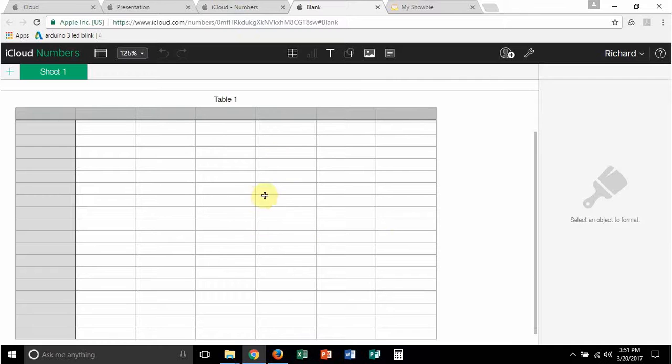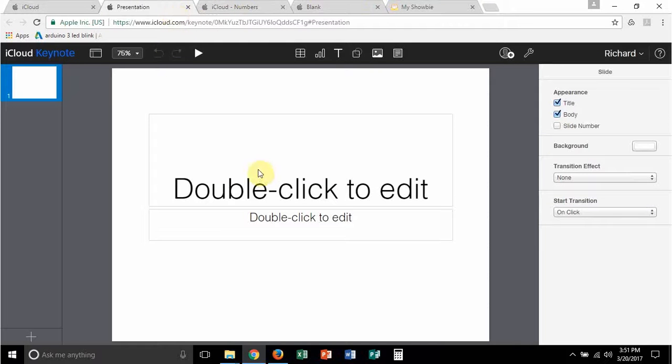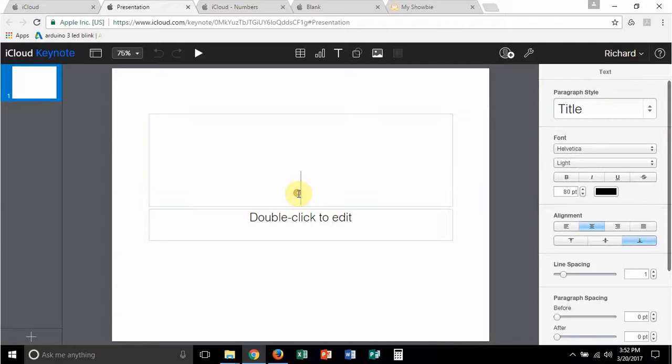And here is your spreadsheet. Again, you have all of the features, or at least most of the features that you would have on Google Sheets and Google Slides, just in the Apple format. The very last thing I wanted to mention here was that this presentation,